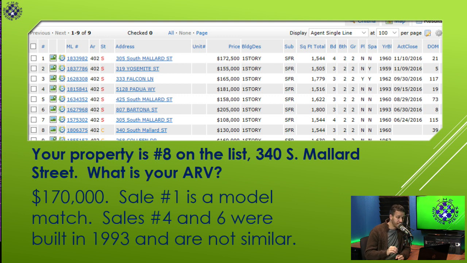Sales number 4 and 6, when we look at those, because those were the little bit higher ones. Sale number 4 sold at 181, 6 sold at 205. Some realtors would say, oh, properties over here are selling at 205,000. But hang on, that house was built in 1993. It is not going to be an apples-to-apples comparison to your house that's built in 1960. It's important that you look at all of this data. Now, again, you're just comparing things, and keep in mind that apple-to-apple comparison. Is my 1960 house ever going to look just like that 1993 house? No, it's not.